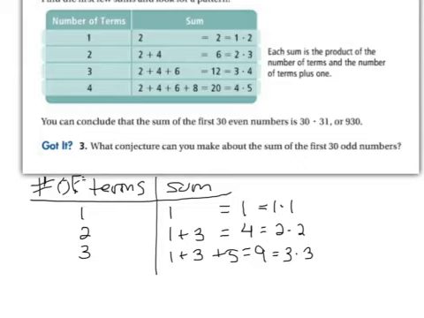So here we can notice that when there's one odd number, the sum of 1 is 1, which is the same thing as 1 times 1. When it's 2 odd numbers, 1 plus 3 is 4. 4 is the same as 2 times 2. 1 plus 3 plus 5, that's 3 numbers, which is 9, and that's the same as 3 times 3. So when you are asked what the sum will be when there's 30 numbers, no matter what those numbers are,